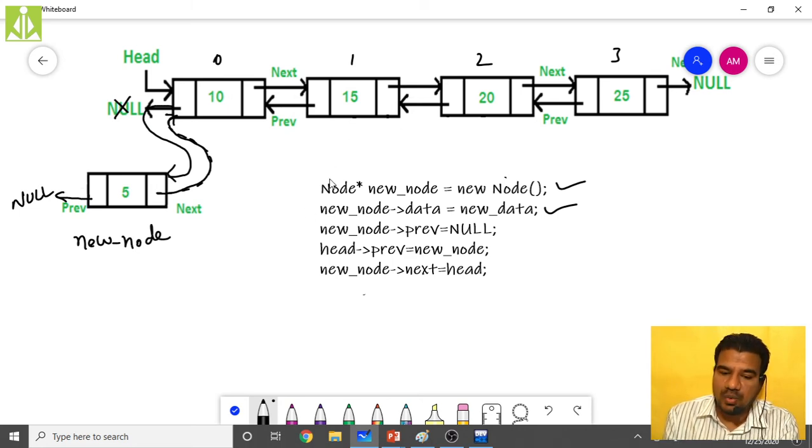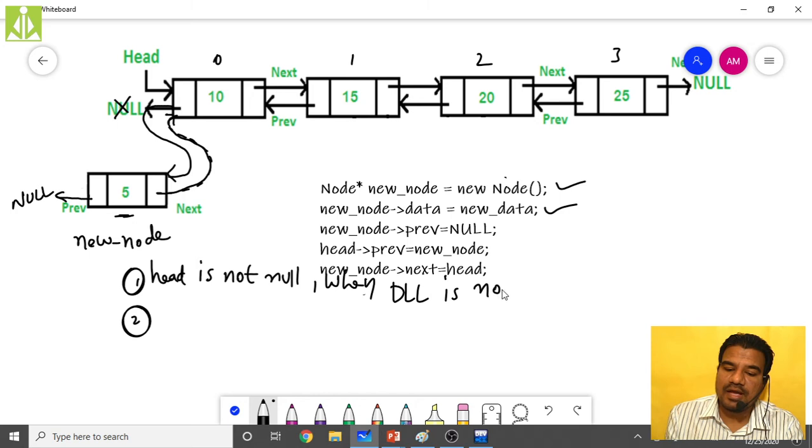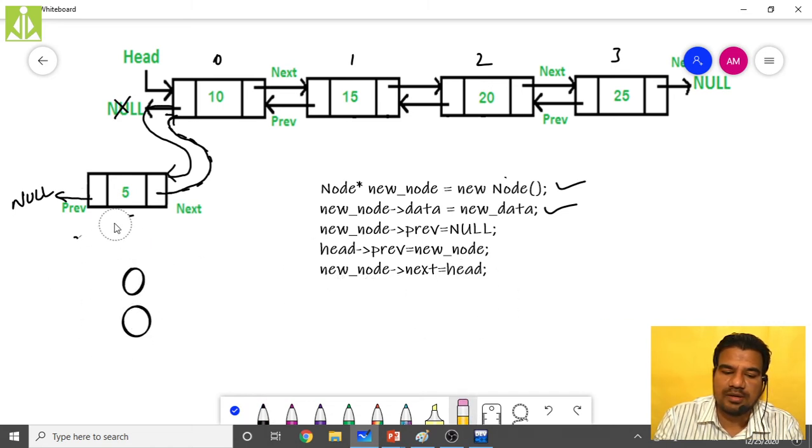See, adding this node as the first node, we have two cases. One, when the head is not null. That means when the DLL is not empty, isn't it? So this is what we say. I will write that also with the help of, because it is not coming properly.